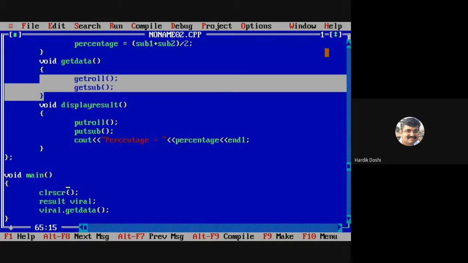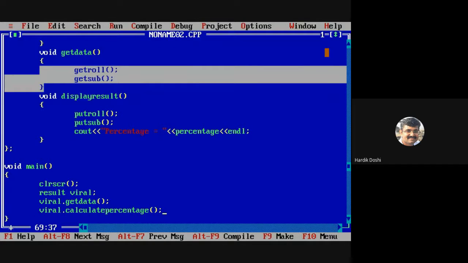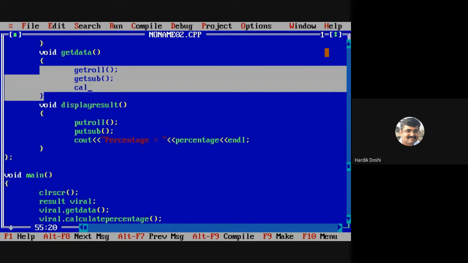Now, what is the next thing? Can I say I need to write viral dot calculate percentage based on the above data got? Since we have to call it here anyway, always remember that the least code should be in void main. So can I do something like this here, calculate percentage, and I'll remove this line from here.